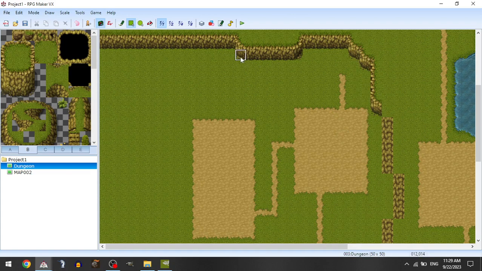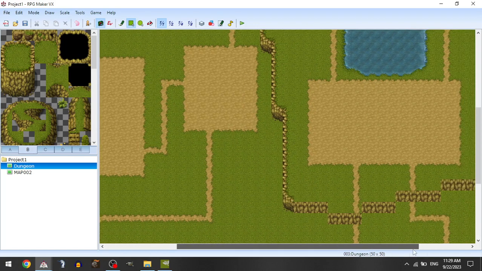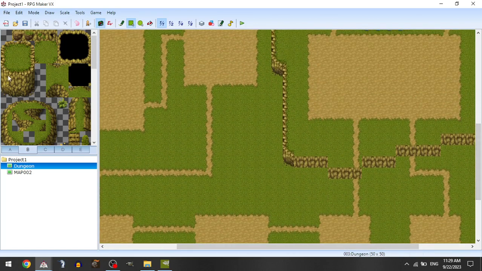So I'm just going to fix those corners. There we go. Yeah, I had some dirt tiles underneath those. Okay, so I'm just going to finish adding in the cliff face here. And all this is going to do is create a bit of a plateau that our player will have to navigate around. And what this is actually going to do is reduce the amount of work that we need to do in the long run, because it's going to reduce the number of trees that we need to place. And you will see why that's important, because